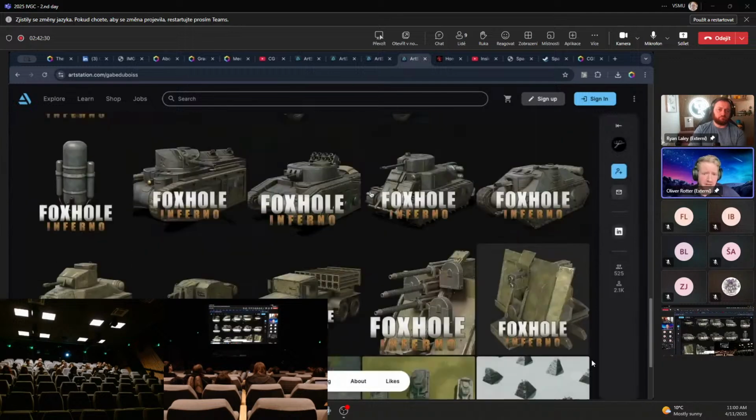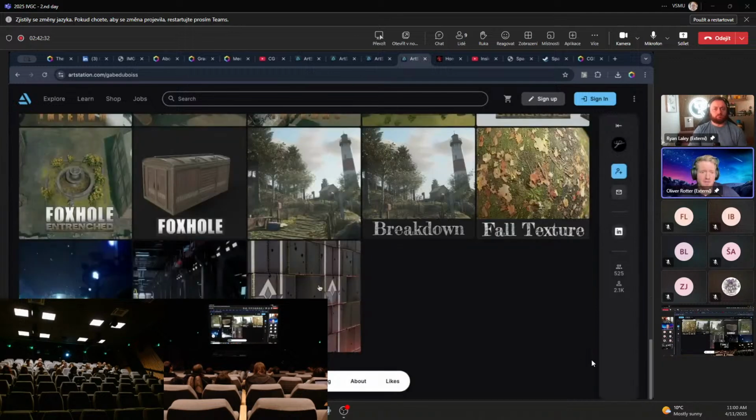As you can see, he's been pumping out assets the last 2 years, but he also started small, and he said, hey, I want to get going. He first focused on realistic and then switched over to stylized. But one thing they all have in common is a clear goal of what they want to achieve and where they want to go, and the other part is network, because some of them got the job exactly because of network, because of putting in the right work